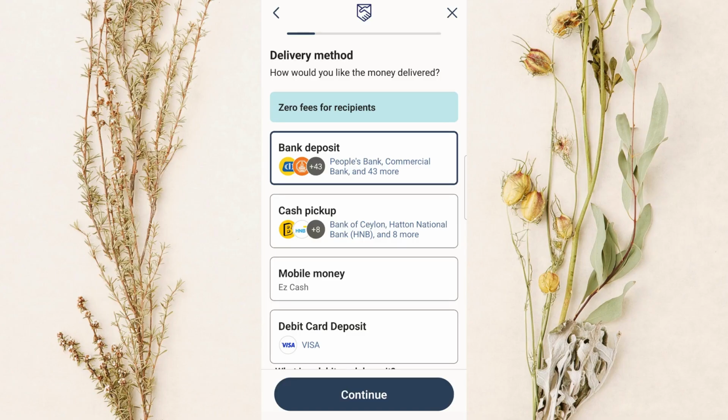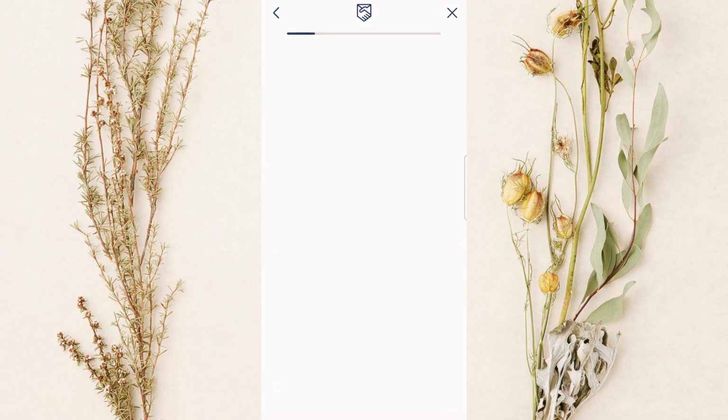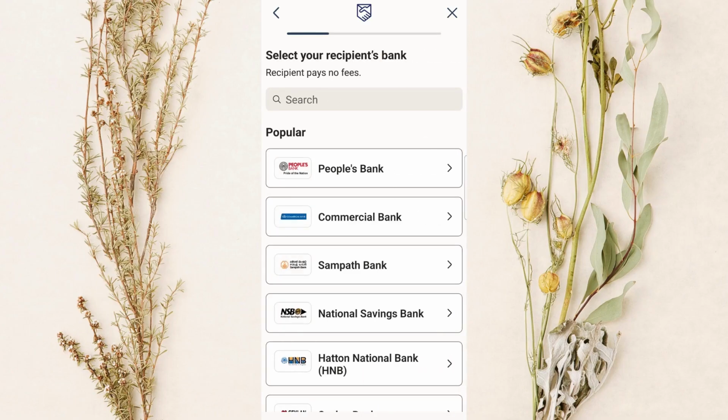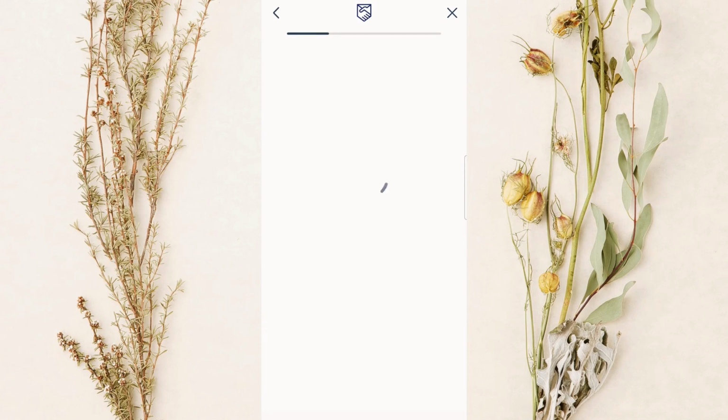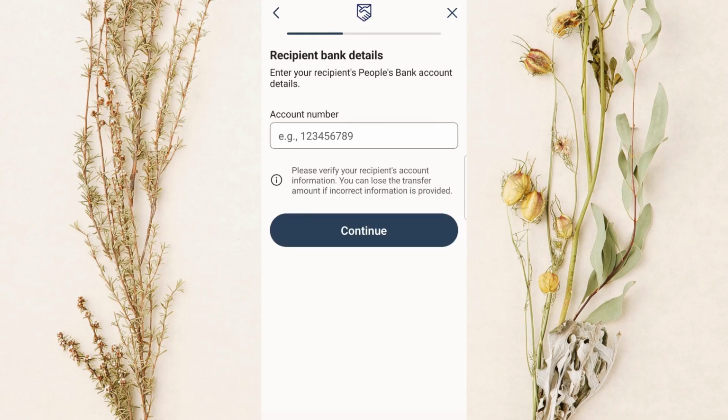At this stage, you'll be asked to enter the recipient's account details. Fill in the required information carefully and double-check everything before moving forward. Even small mistakes in account information can delay the transfer, so accuracy is important here. Once all the details are entered, just follow the prompts on your screen to complete the transfer. The system will guide you through the final confirmation steps, and you'll have a chance to review the information before submitting it.